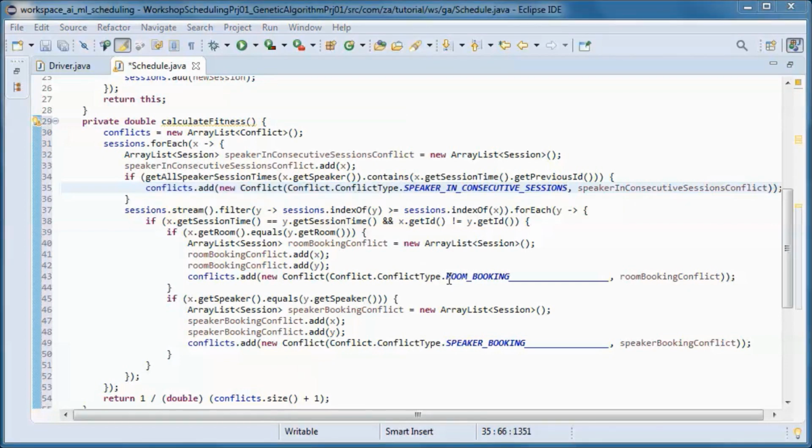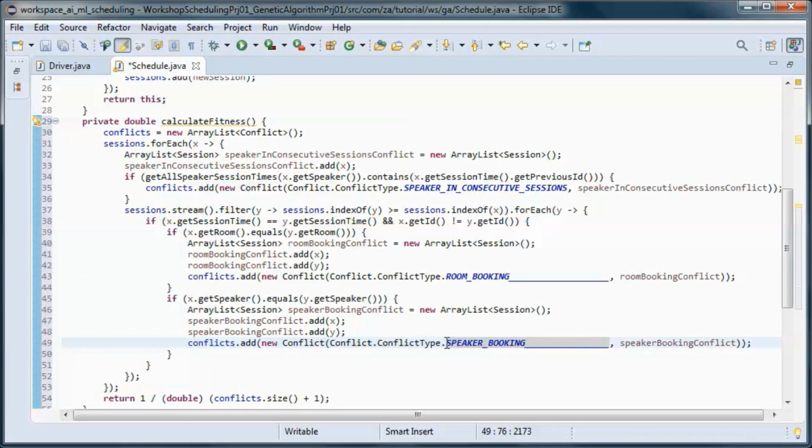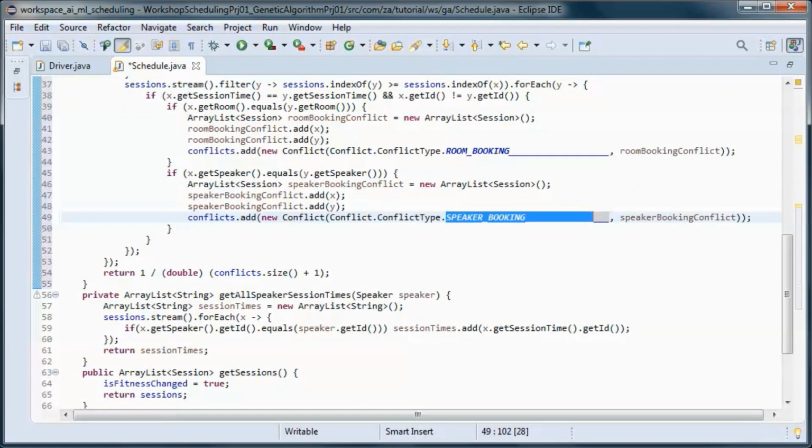And here we check if we have a room booking conflict, and if so, we also add that to the conflicts list. And here we do the same for speaker booking conflict. So if we don't have any conflicts in the list, then we have 1 over 1, so we have a fitness of 1.